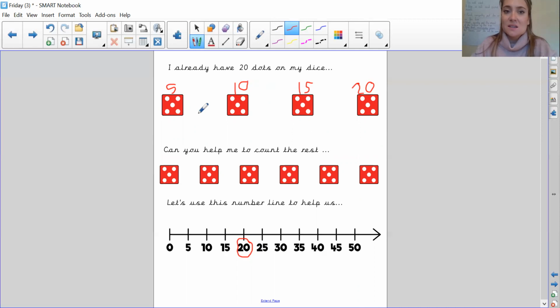So we've got 20 to start with up here. So we've got another 5. So that's 20, 25. Good. What comes next? 30. This number line is going up in 5s to help me. So I've got 20 here, 25, 30, 35, 40, 45, circle it,